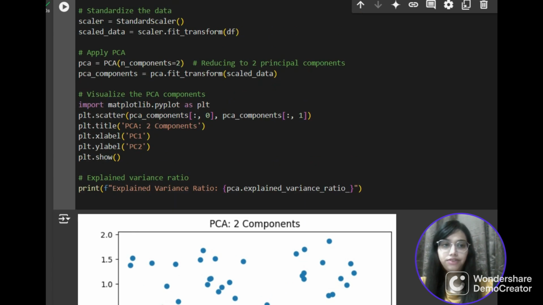To summarize, we have covered two important dimension reduction techniques. The first one is to identify multicollinearity and the second one is to apply principal component analysis. Both methods will help us to build more efficient models and improve performance.